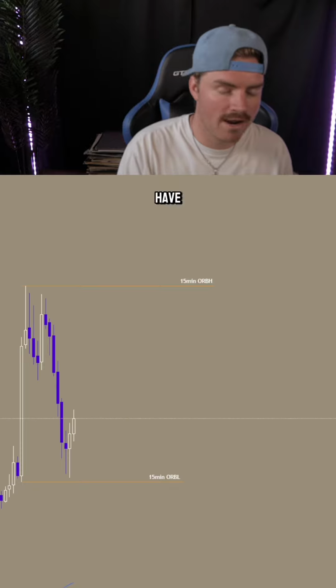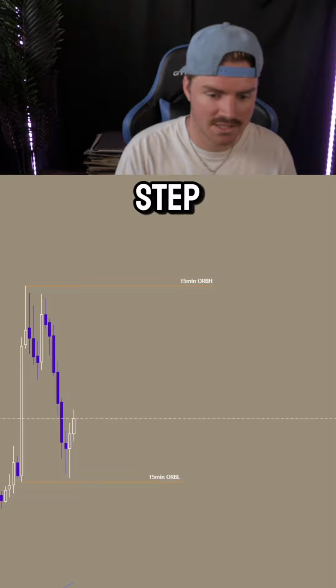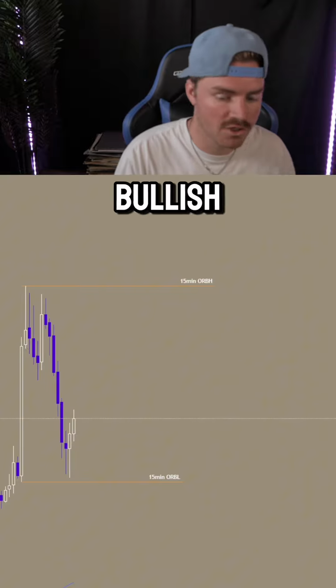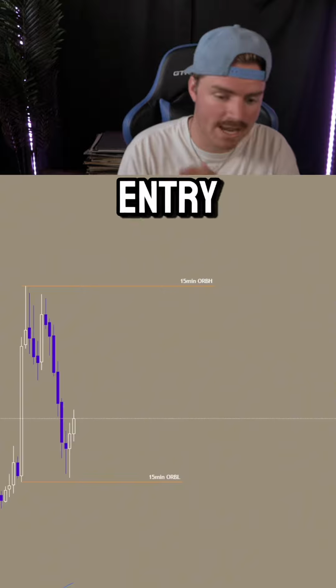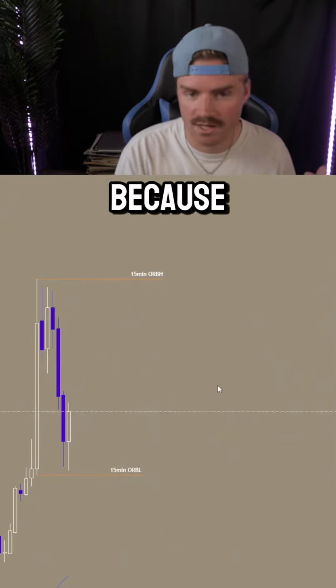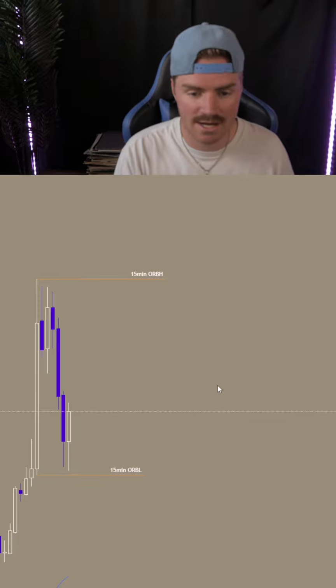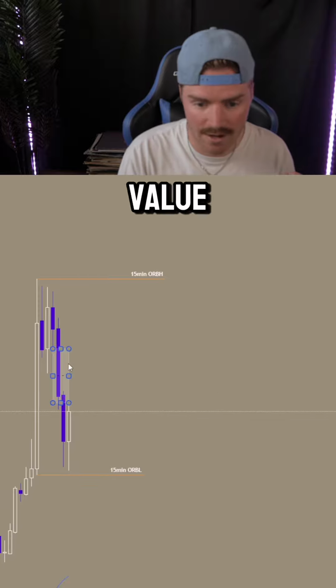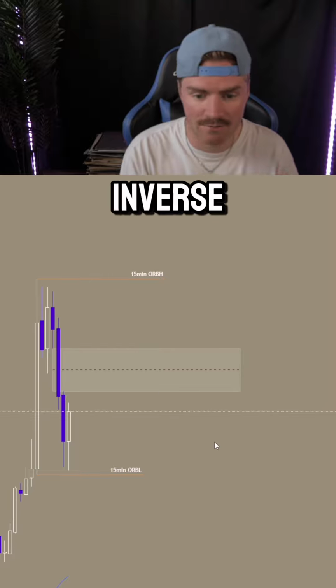So now that I know I have a bullish bias and I want to see the long side in, because we're at all-time highs and because we're getting delivery from a higher time frame bullish PD array, I'm now looking for my entry model, and this is where I look for an IFVG to target my trade. Because it was a pre-holiday trading day today, I wanted to make sure I had extra confirmation, so I looked for a 2-minute bearish fair value gap, and I knew that once this 2-minute got inversed,